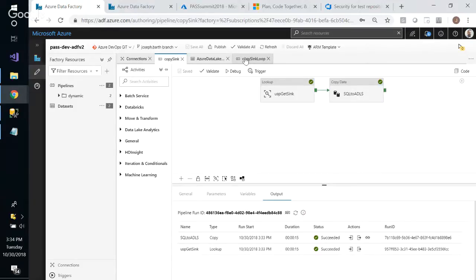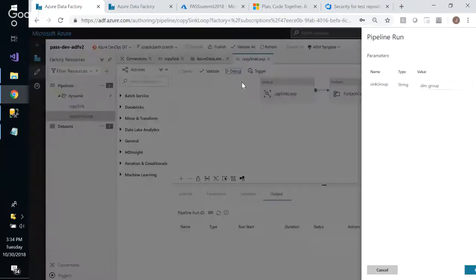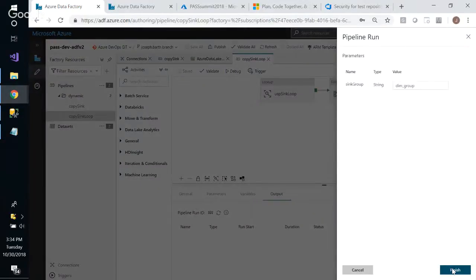But something else that I've noticed is when you do have parent child packages, you won't be able to get as much in your output when you debug. If we were to do this, and we can do that right now, I'll go ahead and debug this. What will happen is it will debug, but then it'll just kick off the copy sync child pipeline, but you won't be able to dive in and see what's going on. So if I go ahead and debug the dimension group,